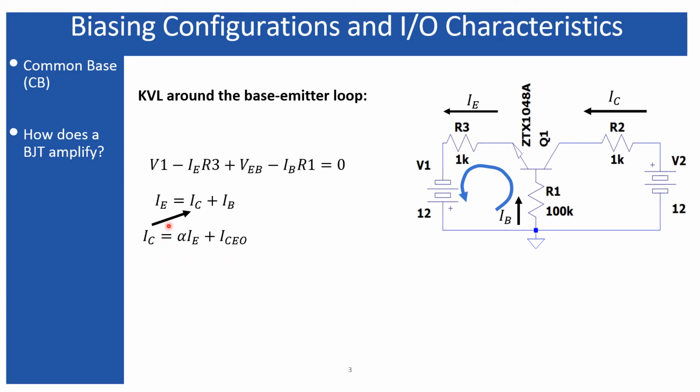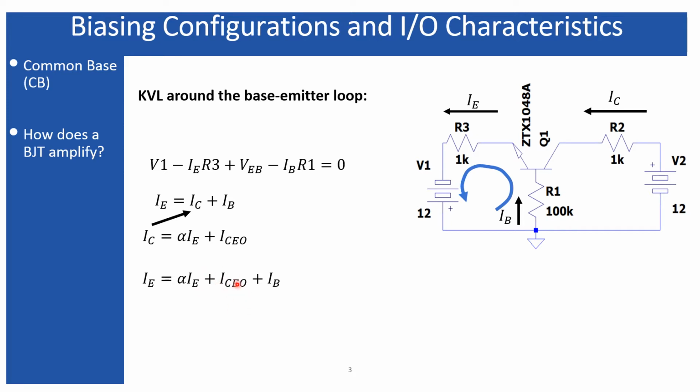Now, since I am interested to find the relation in IE and VB, because in the input characteristics we have two variables, IE and VB, or VEB rather. Therefore, I have to remove this, or I have to replace this IC current from these two equations. So just replacing IC from the second equation in the first, and that will result this current. So here